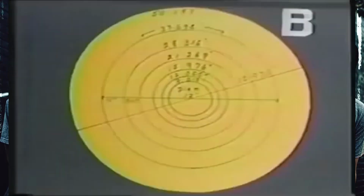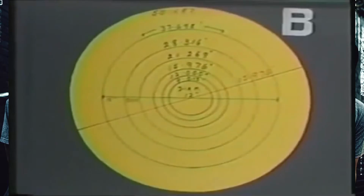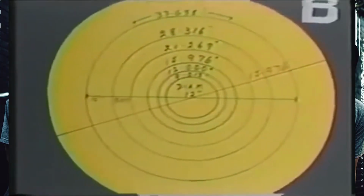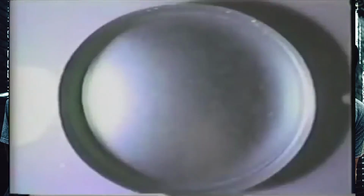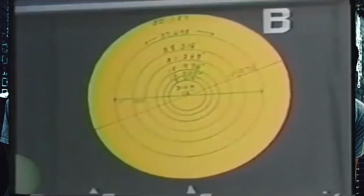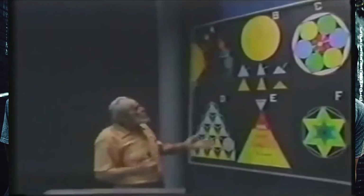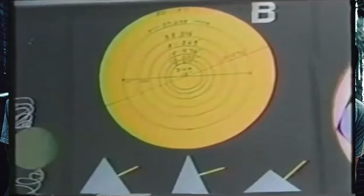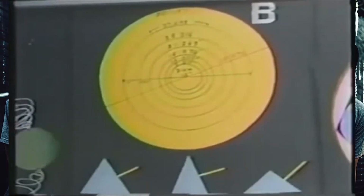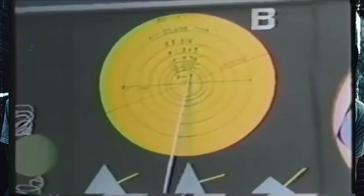We have a chart here. This one, a B chart, but have a look at this up here, to indicate the rules of nature. That is like a chart of a pebble dropped in some water. The pebble drops in here and it starts to send rings out. Now, I don't suppose anybody ever bothered to check it, but if you take a photograph of those rings on the water, leave about 10 rings spread out, and photograph it, you've got something you can work on, like a chart. And if you measure the circumference of this one here